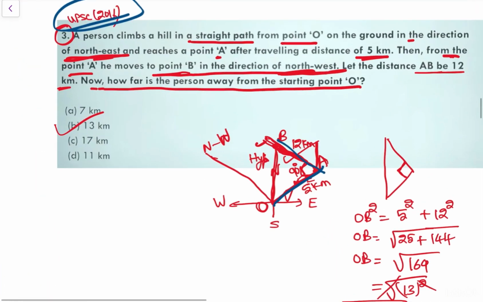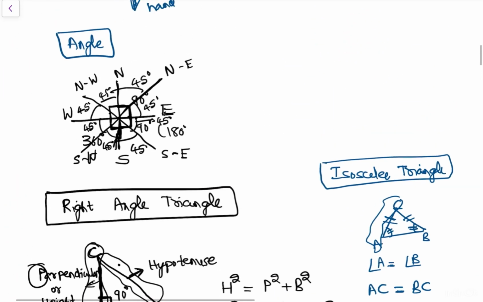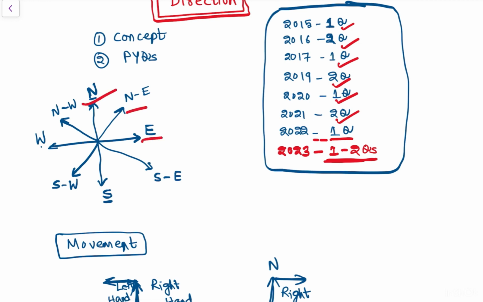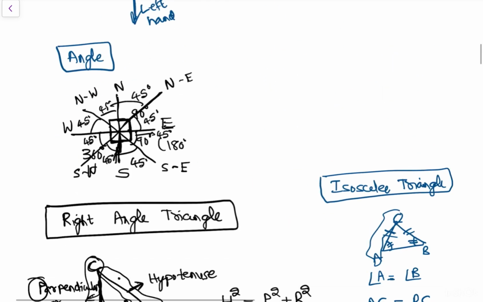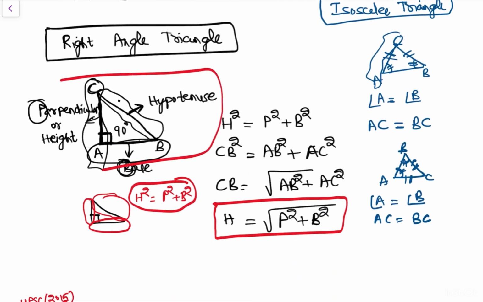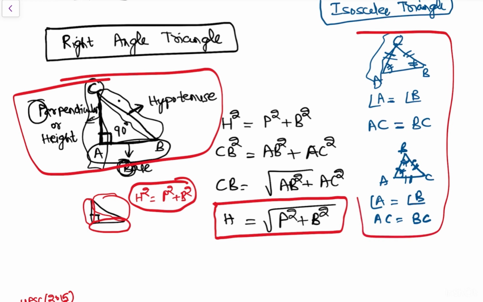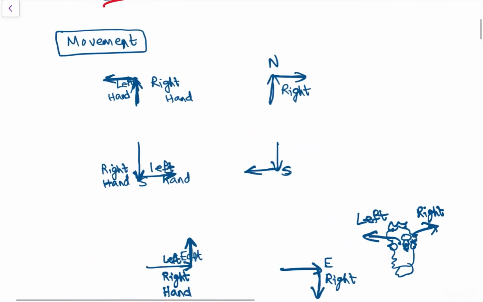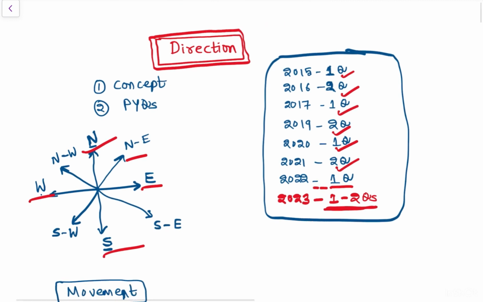Just you need to know few concepts, ठीक है, and directions like left right directions, north northeast east west south and all. Then you need to know about right angle triangle, like isosceles triangle and angle concepts and all, then you can easily solve these questions. So whenever there is a question on direction, you can solve those questions in CSAT paper. First of all, go and search for these questions and solve them first, it boosts your confidence also, ठीक है,